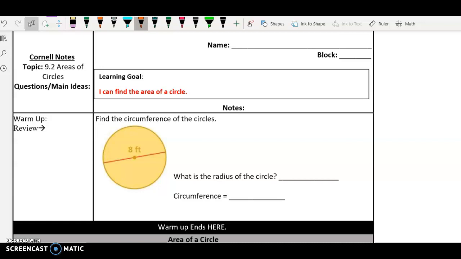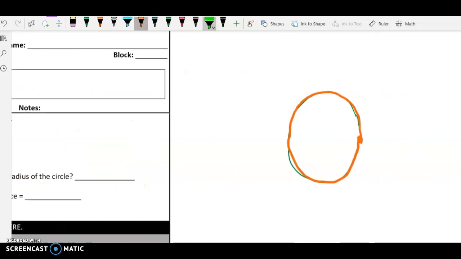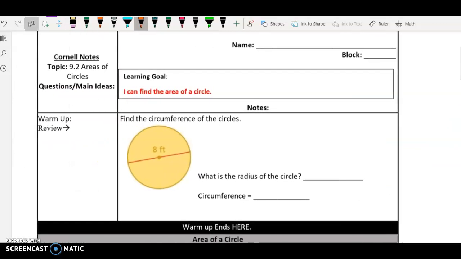Today what we're doing is 9.2, and that's the area of circles. Our goal is to be able to find the area of a circle and a semicircle once we're done with class today. The area of a circle is trying to figure out if my room was a circle, how much carpet I would need to fill the whole circle. So to find the area of a circle,